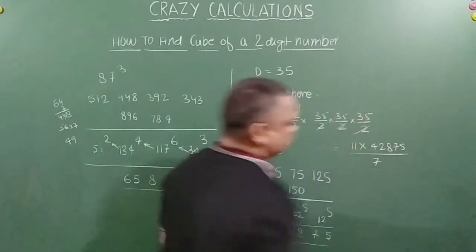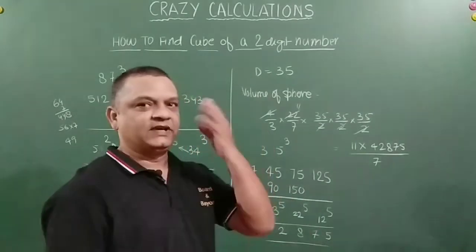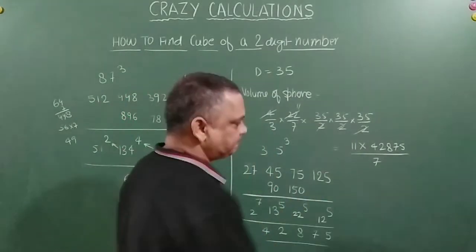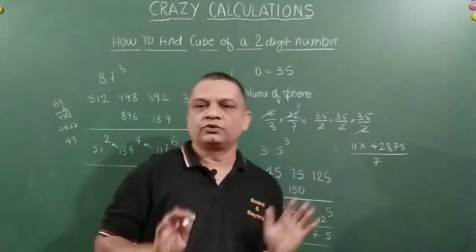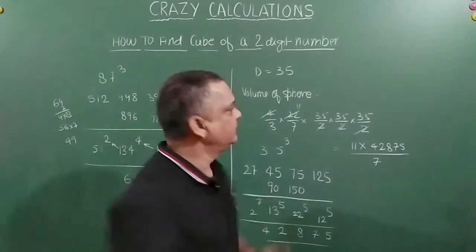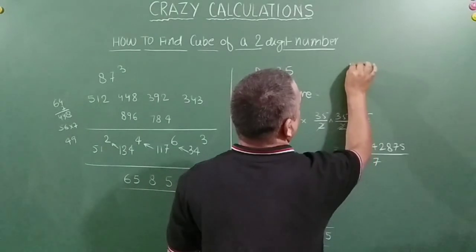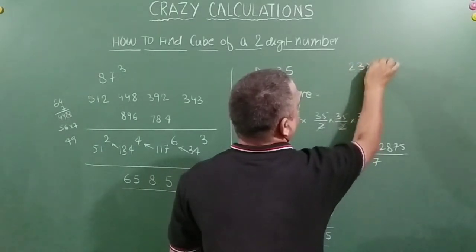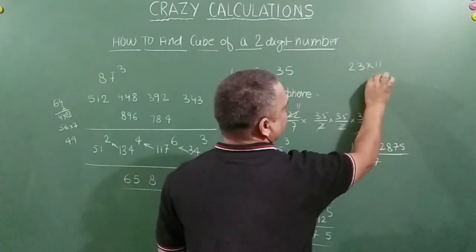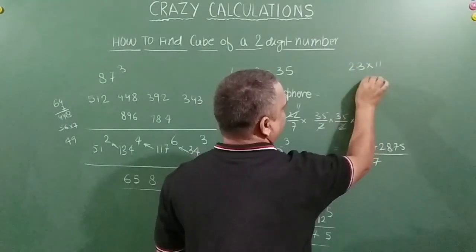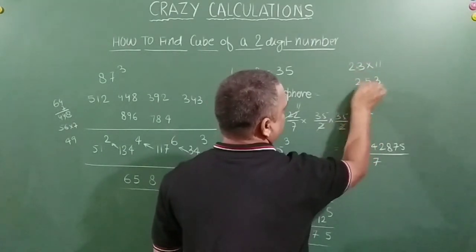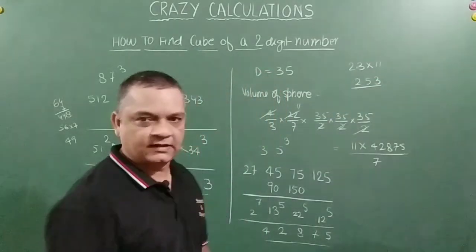Divide by 7. Okay. Now friends, we have one more challenge here. So I hope everybody knows how to multiply with 11, right? So just to illustrate, let's say 23 into 11. We write the first digit as it is, add this plus this, and write it here. Last digit as it is. 253 is the answer, right?